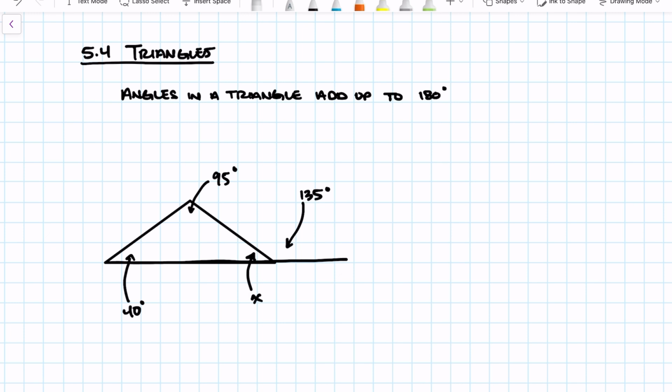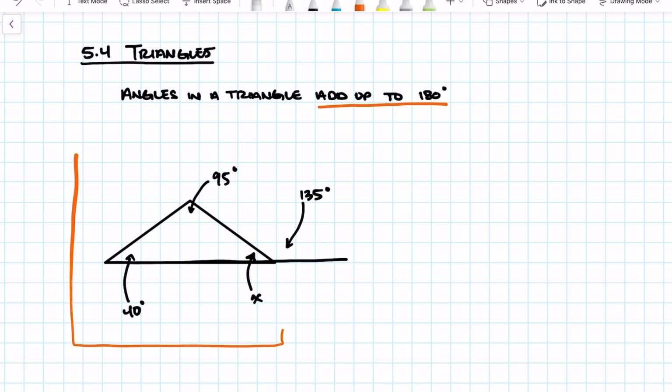So we know that angles in a triangle add up to 180. That is something that we've already covered in the previous class. Today, though, I want to talk about what's special about this kind of angle that's both a supplementary angle and an angle that is part of a triangle. All right, I want to show you that you can approach this question with two separate methods. So we're going to try the first method here, and that is simply finding the angle through what